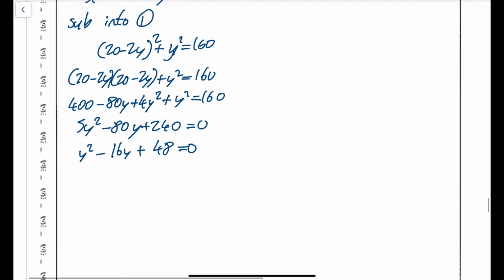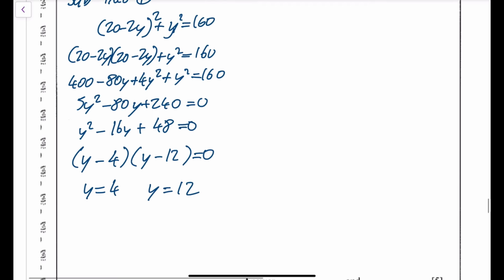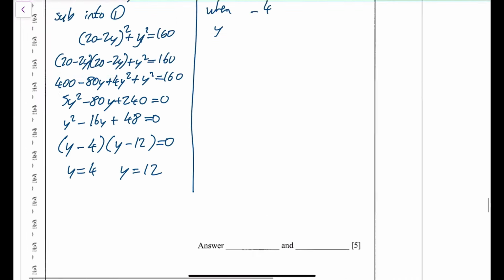And I'm going to let you do the sum and product yourself here, or you can just solve it using your quadratic equation. I got y minus 4, y minus 12 equals 0, which means y is equal to 4 or y is equal to 12. And then we'll go back up here. You've got to find the corresponding x values. So when y equals 4,